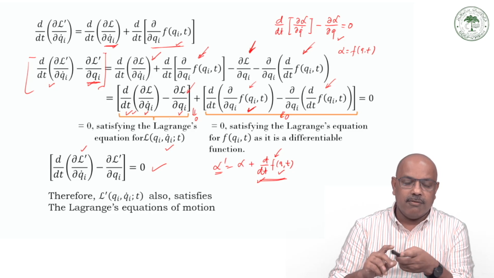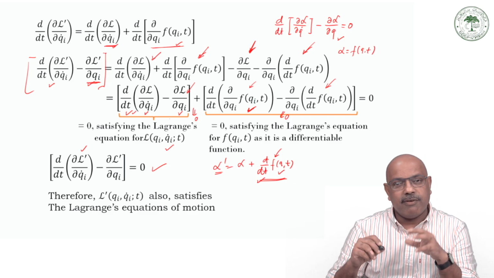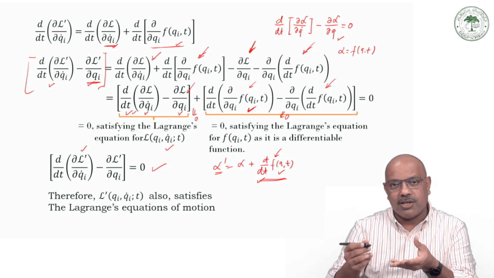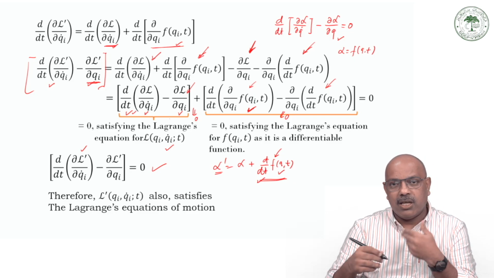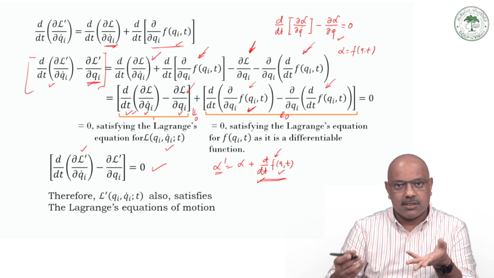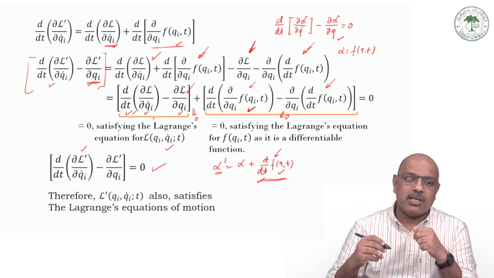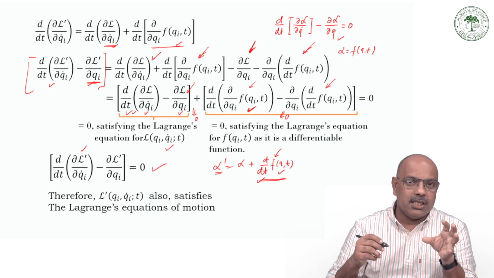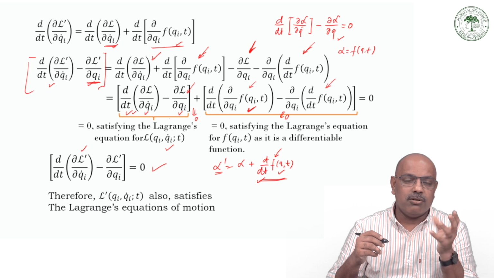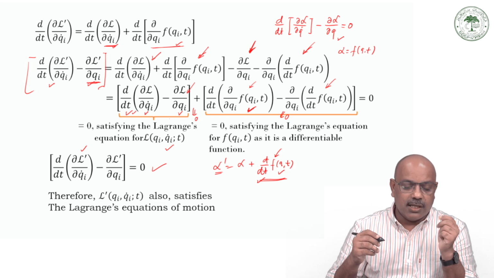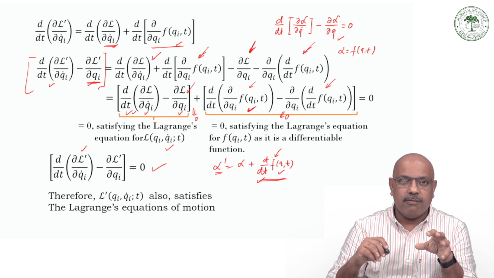And then we figured out that if I modify the Lagrangian with a certain function, if I add the time derivative of that function which is continuous and differentiable, then that particular Lagrangian transformation is not going to change the equation of motion. So I think this is all for this